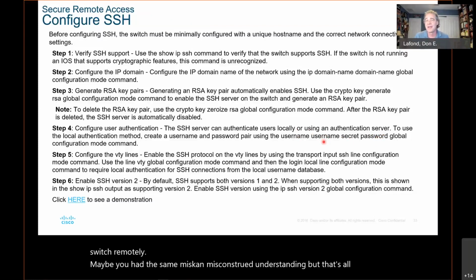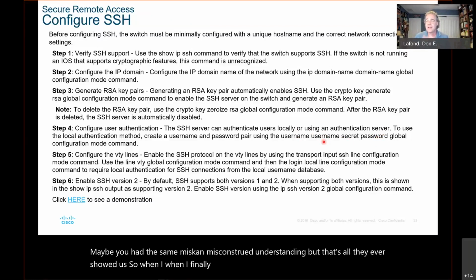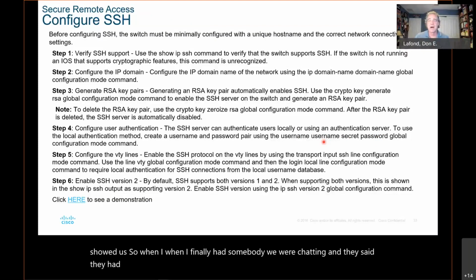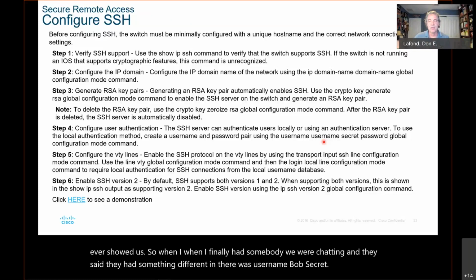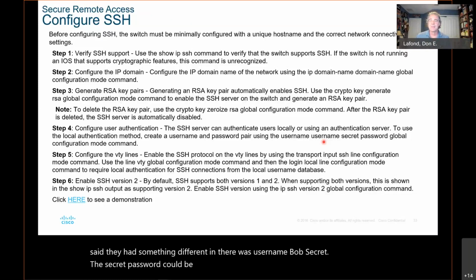So when I finally had somebody, we were chatting, and they said they had something different in there. It was username Bob, secret, the secret password could be blue, right? I was like, Bob? What do you mean Bob? Anyways,